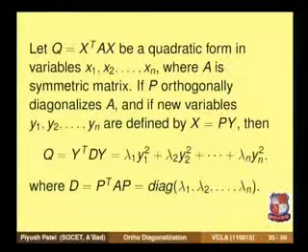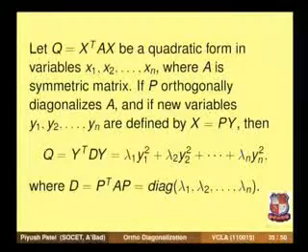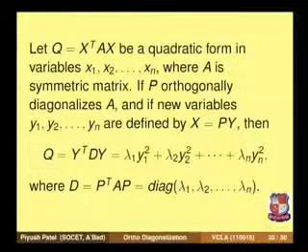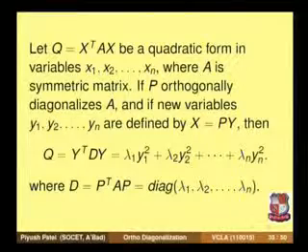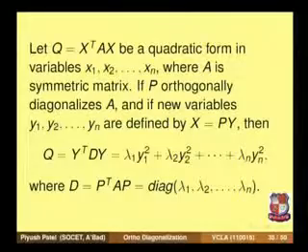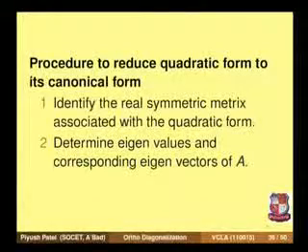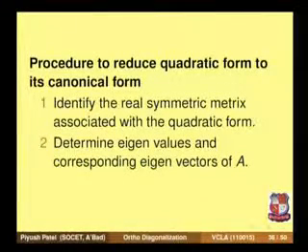So what we do is carry out the orthogonal diagonalization of the corresponding symmetric matrix A. When we diagonalize the matrix A, we take the transformation x equals Py, which will convert the quadratic form into new variables, say y's, and that quadratic form will only have square terms, because we use the similar diagonal matrix, and the diagonal matrix has only diagonal entries, so we have only square terms. So, the procedure to reduce the quadratic form to its canonical form.